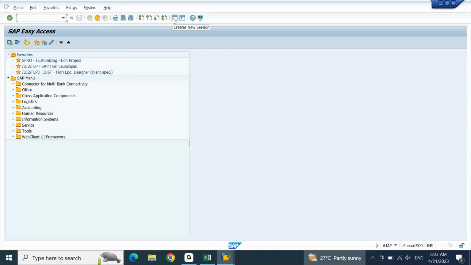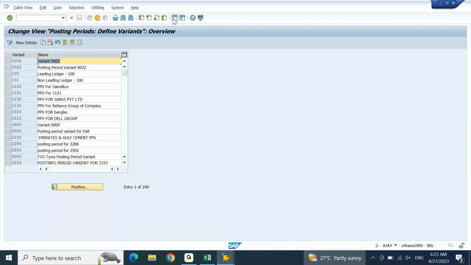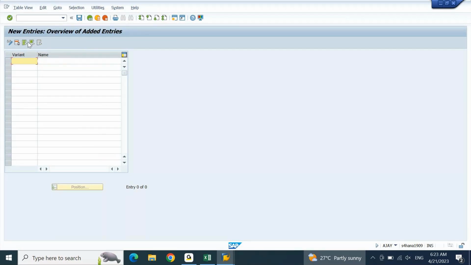Create posting period variant screen, OBBO. Add a new entry. The first one, when we created it with company code DEIN, you put DEIN posting period variant for leading ledger. Here I'll put DEIN posting period variant D1. D1, I am representing my non-leading ledger. Here I'll put DE